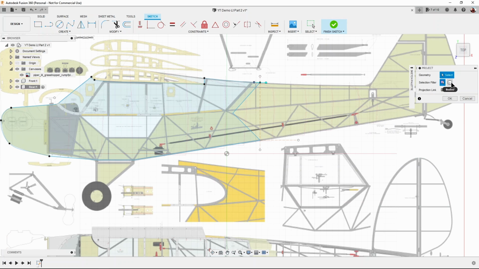It's asking us what geometry. Now we want this first on the selection filter. This is specified entities, we don't want the whole body. So on geometry, what we do is we select that line and that line, and that'll form the start of our fuselage. So we say OK to that,